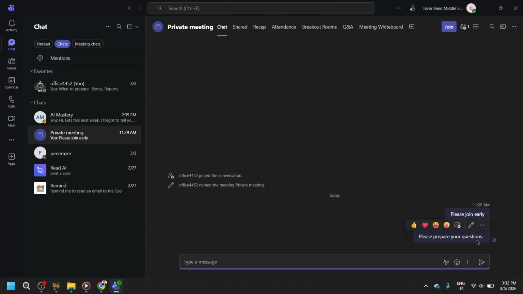Participants will then receive a notification, depending on their individual team settings, informing them that there's a new message in the meeting chat. And just like that, you've successfully started a chat on your scheduled Microsoft Teams meeting, enabling seamless